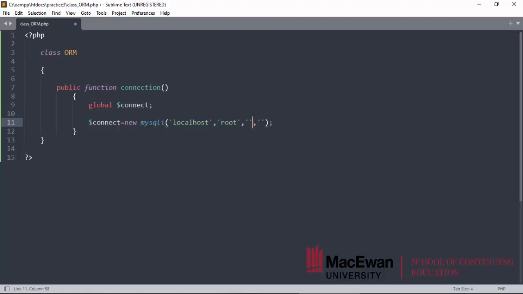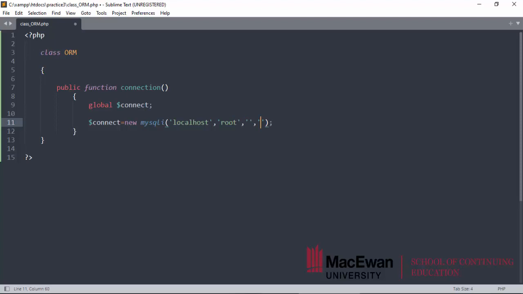So it's not recommendable to use this, okay? But just because it's our first practice establishing a database connection, I'm going to do it, okay? So I'm using the user root,